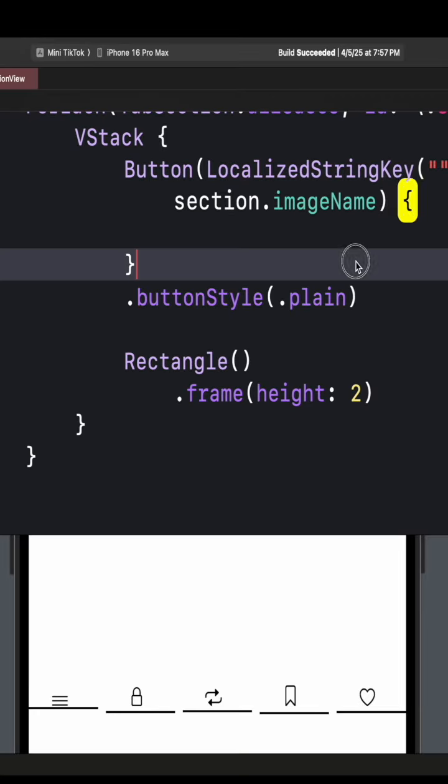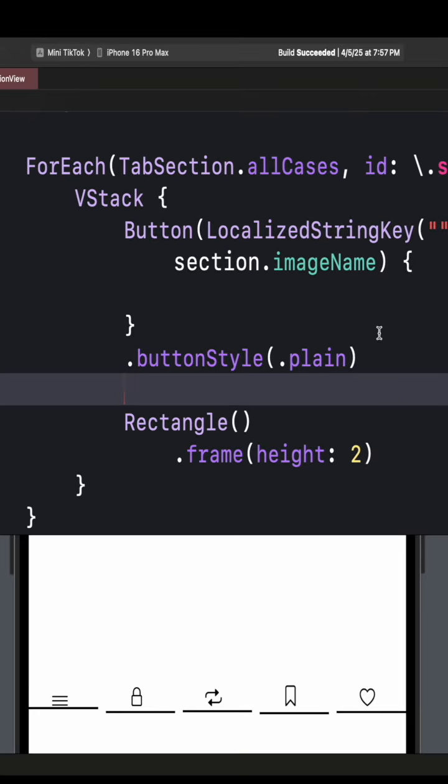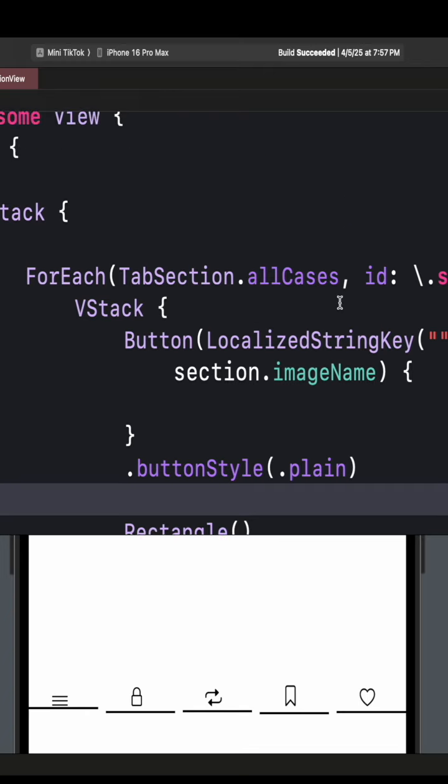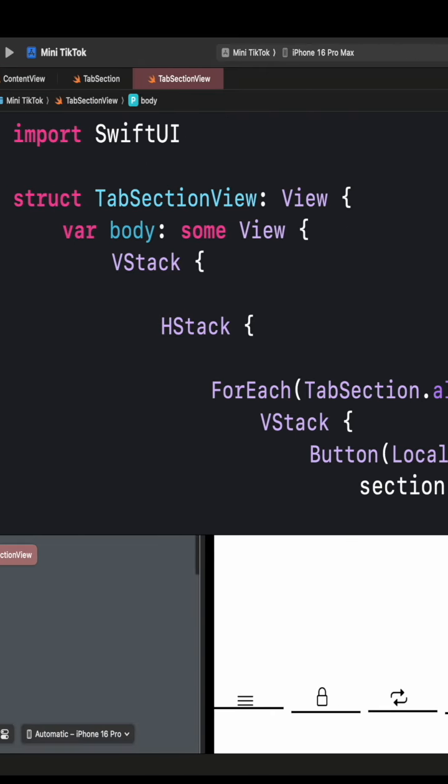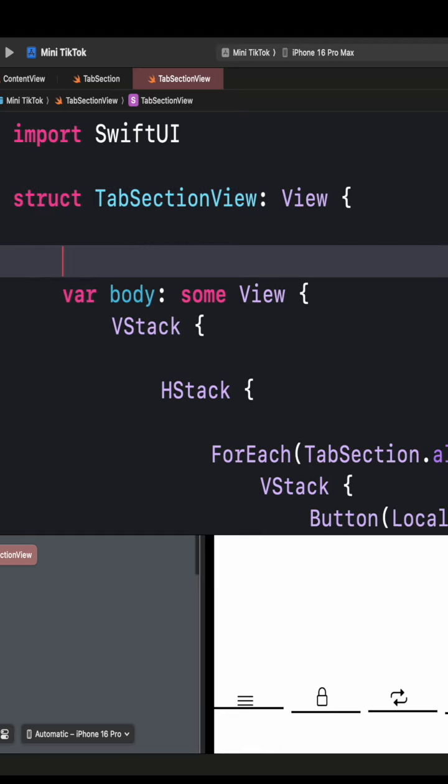And now what we're going to do is add some more logic. We want it so that whenever we click on a button, that is the tab that gets selected. So to do this, we want a value that can change. And because we're inside this thing called a struct, it's kind of restrictive on how much you can change a variable in here. But there